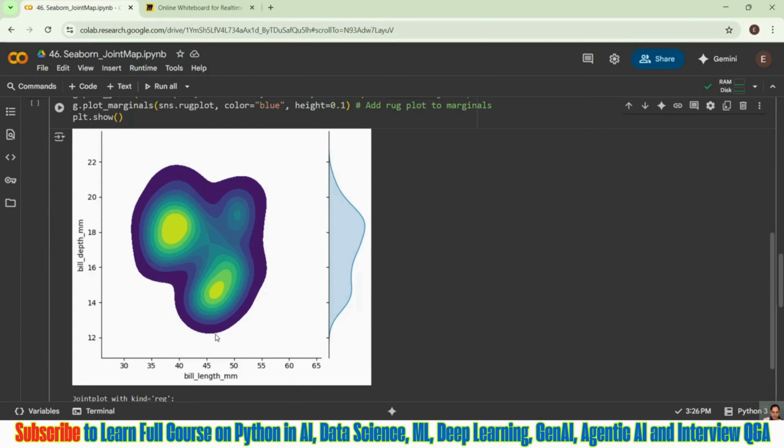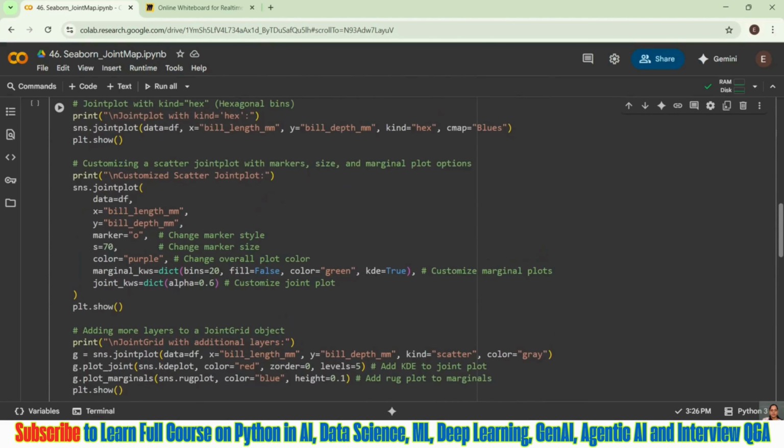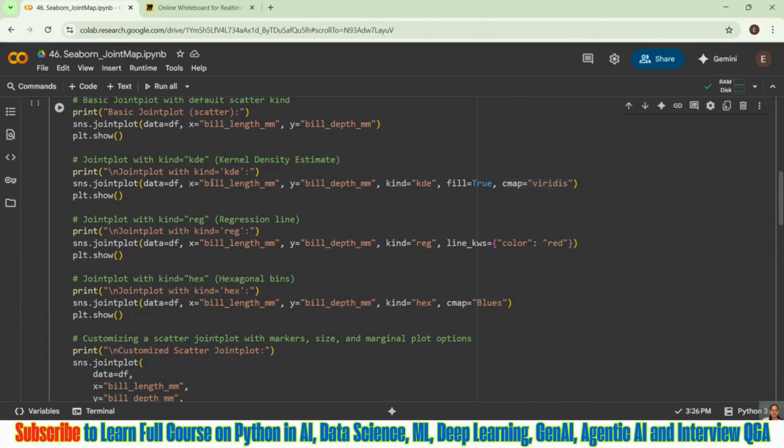So in this one, I can say few are of 50 to 55, and mostly the sizes or the length of the penguins are 45 to 50. And the same thing I told you in our previous plot, from scatter, we should be able to know. That is the more accurate one. If you want to compare something, sometimes you can take kind equal to kde, and you should be able to see that kind of presentation.